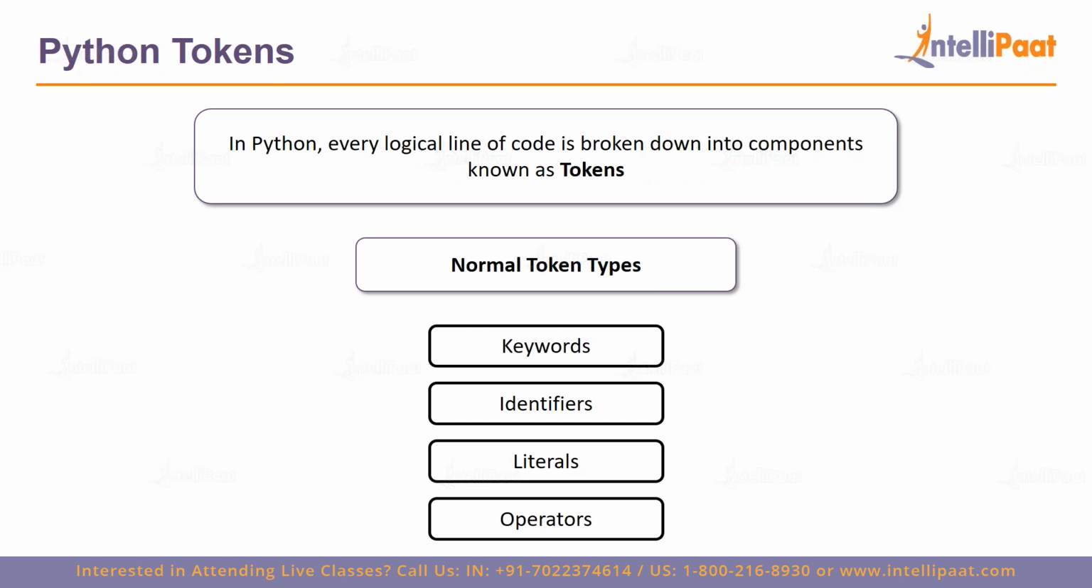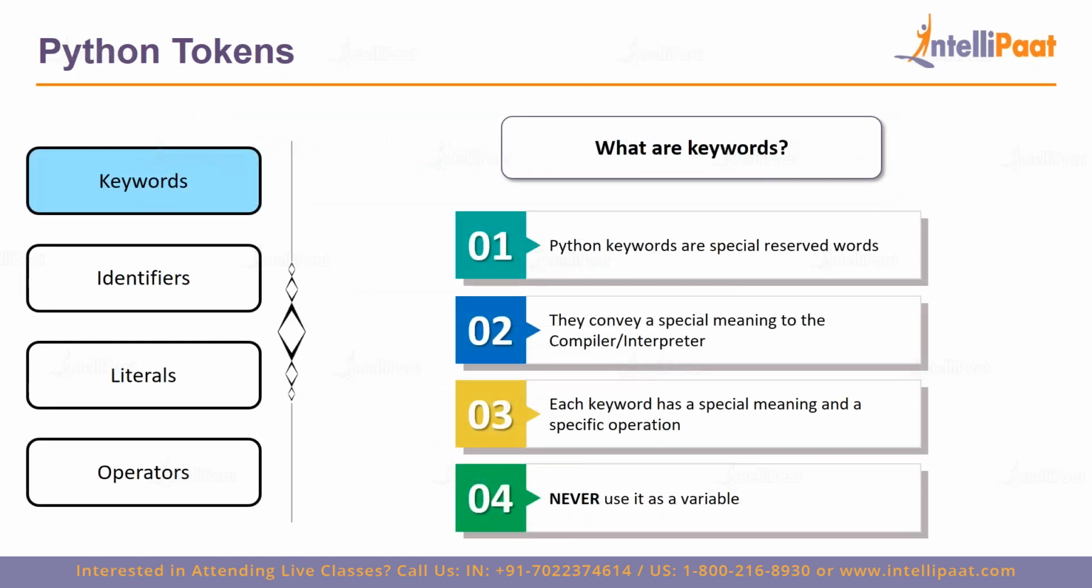Let's take a look at them one by one. So keywords, what are keywords? Well, in Python, keywords are special reserved words. They hold special meaning. These words are something that you cannot use to define a variable. They convey a special meaning to the compiler or the interpreter. When the compiler or the interpreter takes a look at this word, they'll understand that it has to perform certain